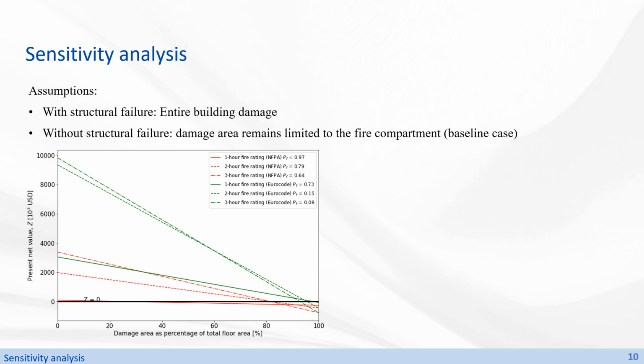This is because even if the fire safety measures protect the buildings from failing, there are still repair costs, and as the damage area increases, the repair cost will also increase, which will decrease the beneficial impact. Also, the present values remain positive until around 90% of the total floor area,